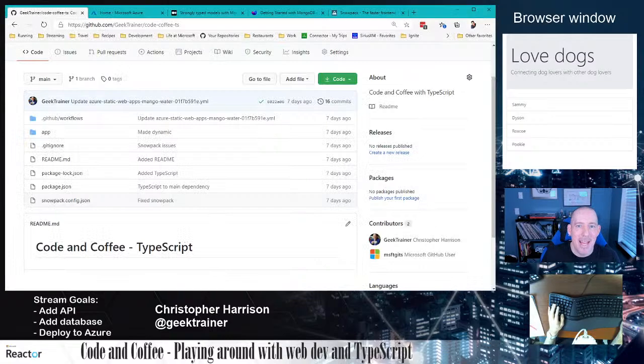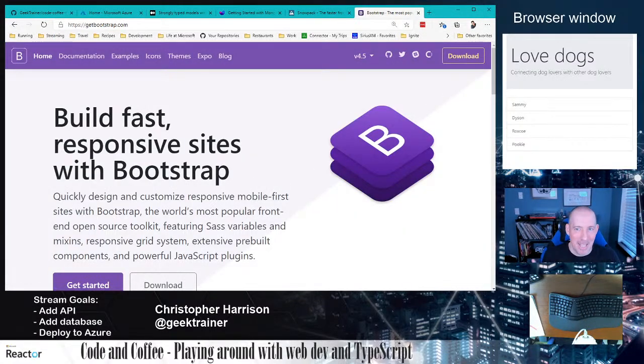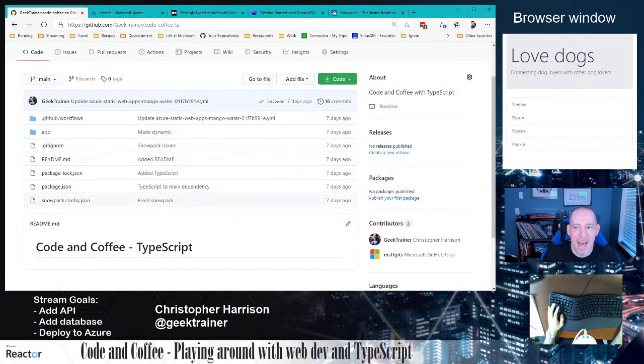I know that there are some people who aren't necessarily keen on it because it uses jQuery, or because a lot of Bootstrap sites look the same, and that's fine, and I get that, but at least for me, I think it makes it very quick and certainly simpler to lay out a page than doing a whole bunch of CSS all on my own. So I like Bootstrap for that. So it's using Bootstrap, and the